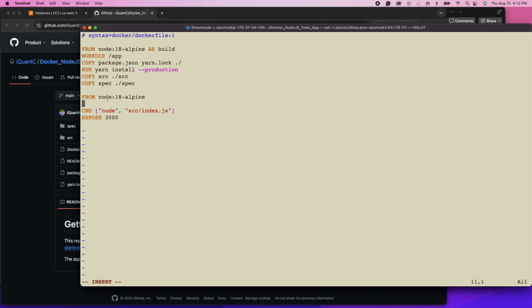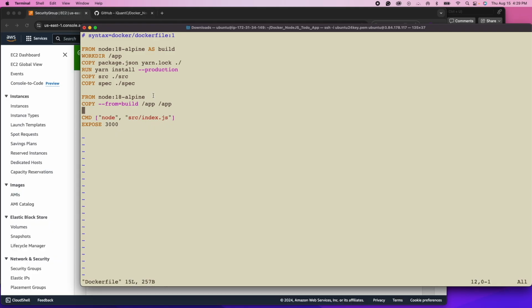Next, use node 18 Alpine still as a multi-stage image to continue from where we started off in the first stage. And then now I'm going to copy whatever is coming out of the first build stage. So this will be COPY --from, and the build stage we called it build. This is a name for that stage. I'll copy everything from our app. Remember the working directory is app, to the same app directory on our container. And then we will use node src/index.js and expose it on port 3000. So this is our Dockerfile. So I forgot one command. When we were building a multi-stage Dockerfile, normally on the next stage you need to specify your working directory again. Alright, when you save this,